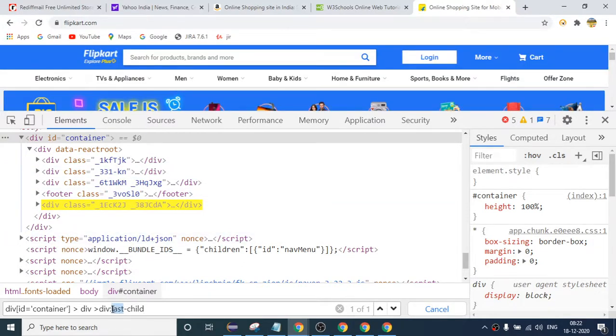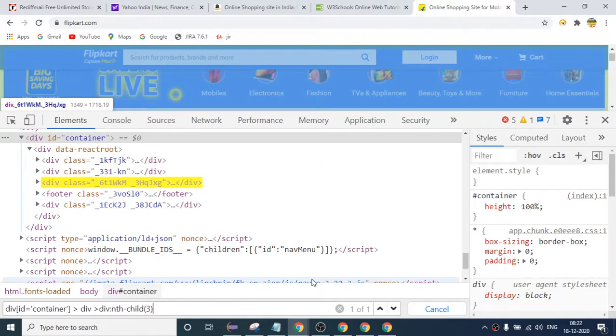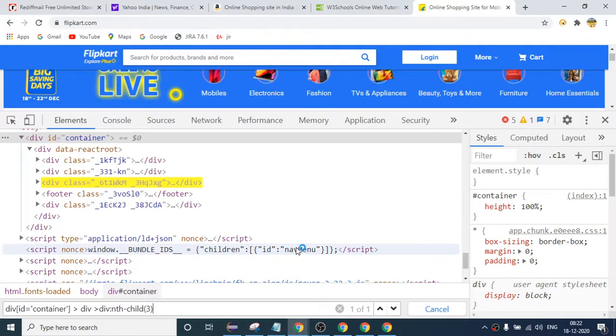If I say third, it will not work. If you move to the third one, you have to write nth-child(3), so it will redirect you to the third one. I hope this point is clear to everyone.